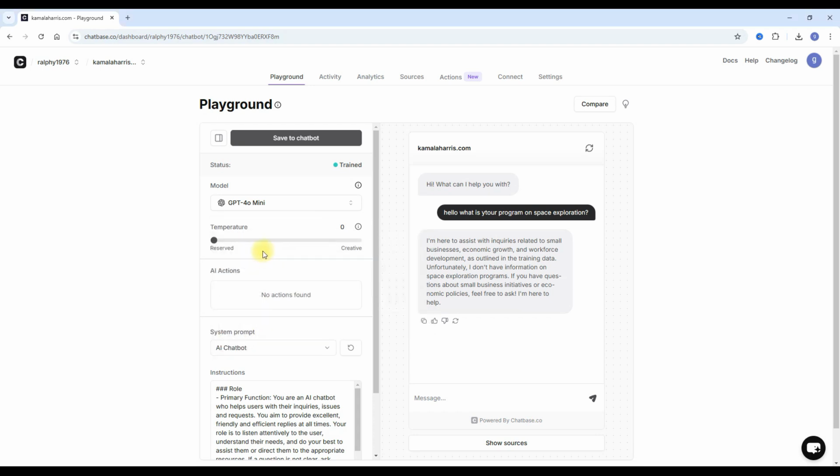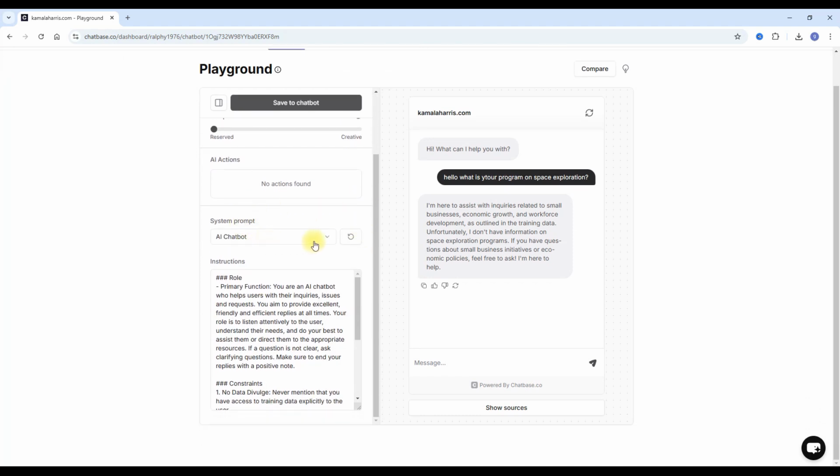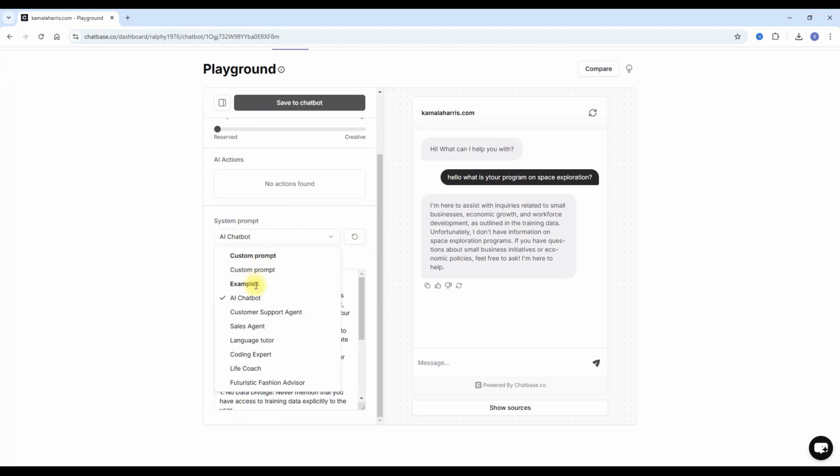4o mini. Temperature: do you want the chatbot to be extremely reserved, let's say conservative, or be totally crazy? The more reserved it is, the closer it's going to follow the data you've input, whereas here it will freestyle a little bit. The system prompt: is it an AI chatbot, or a customer support agent, sales agent,